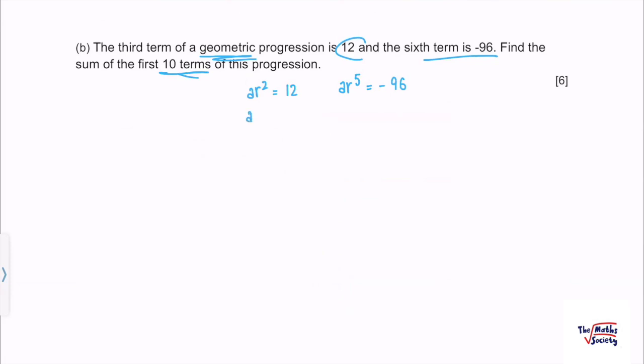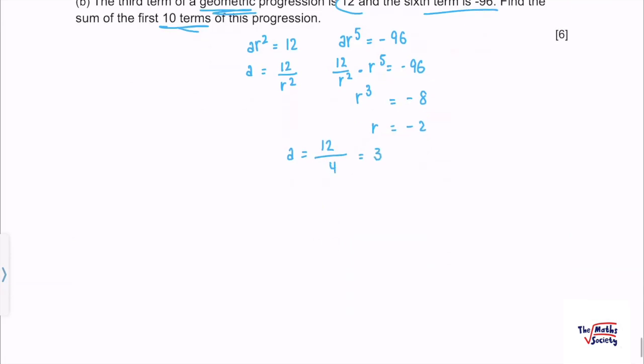a equal to 12 by r squared. And this here, 12 by r squared multiplied with r to the power 5 is equal to minus 96. So that's r cubed. You divide them, you get minus 8. So r equals minus 2. This one, a, 12 by r squared, which is minus 2 squared, that's 4. So you get 3. And you have first 10 terms, so that's S10 equals a times (1 minus r to the power 10)